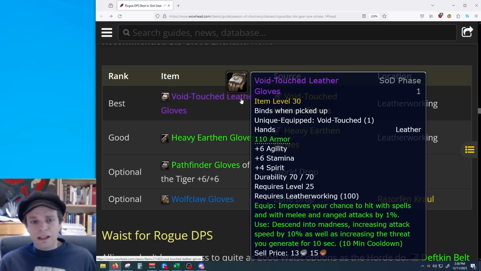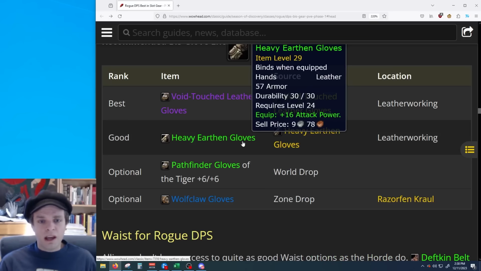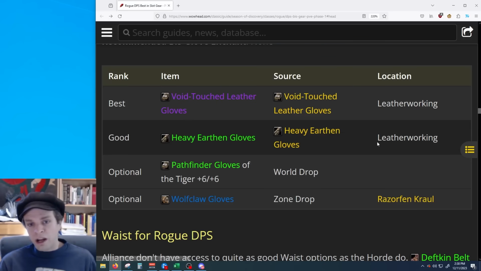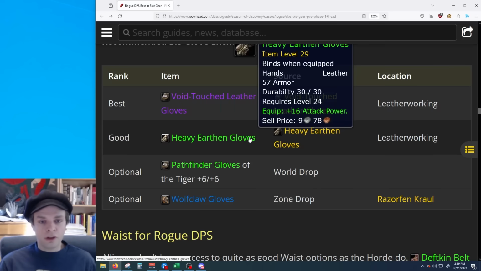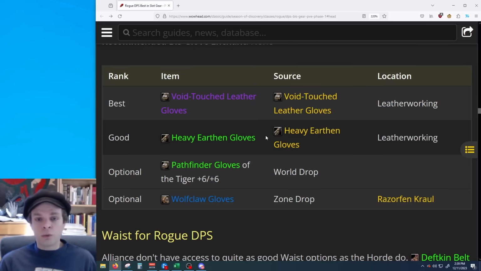However, this has a lot less attack power on it than the heavy earthen gloves. These are crafted by a leatherworker, but can be used by anyone. When the Void Touch leather gloves have their activated ability available and you can use it, that's going to put them ahead of heavy earthen gloves. But when that activated ability is not available, they're effectively equal to heavy earthen gloves. So I would not say leatherworking is a required profession because they're really not that much better than the non-leatherworking